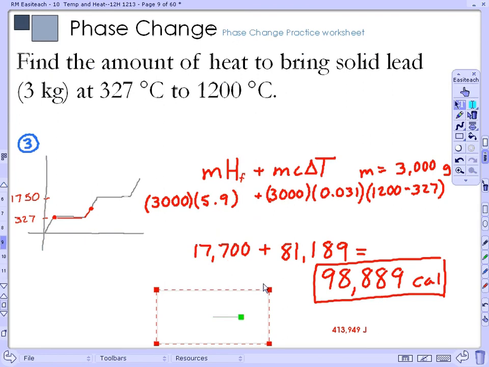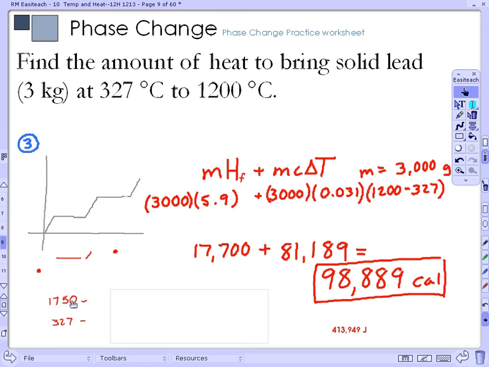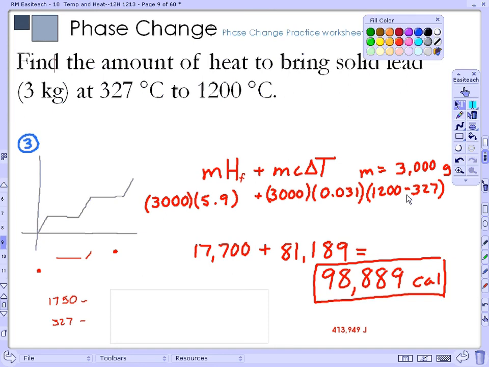Now I'll teach it a little more. Going back to the way the problem was originally stated, all this information that was just on the graph, you don't have that. And you kind of have to construct a graph, or at least construct a graph in your head in order to understand what's happening. So this is your typical phase change graph. What it shows is this period of time when you're increasing temperature, and I should label these axes. The temperature,